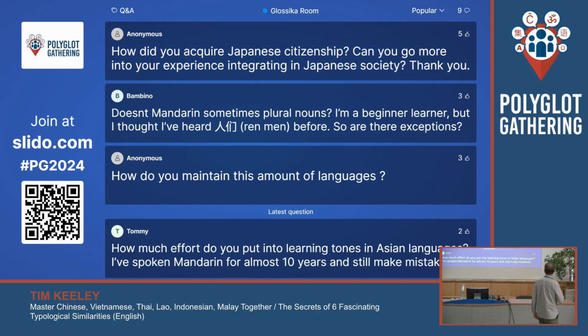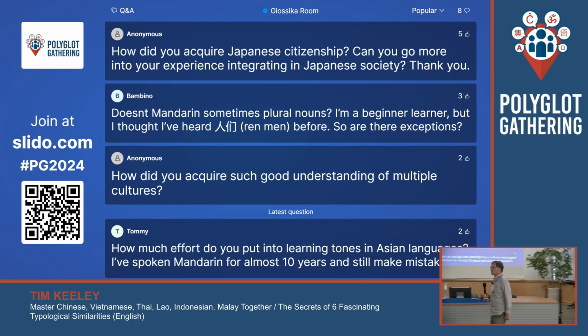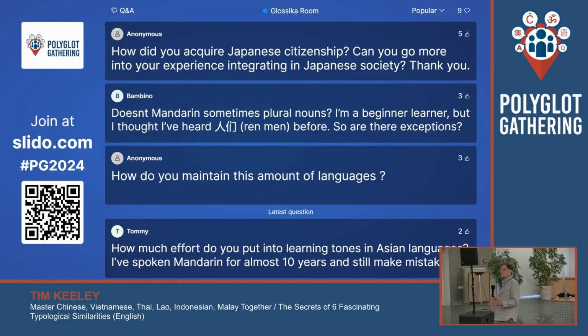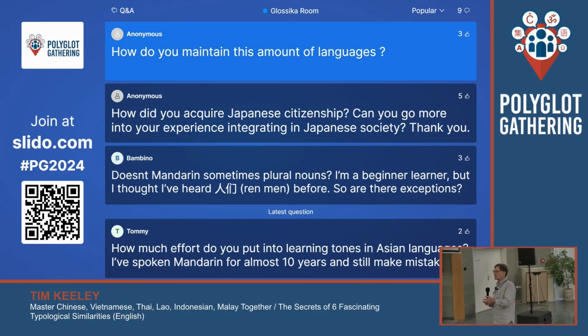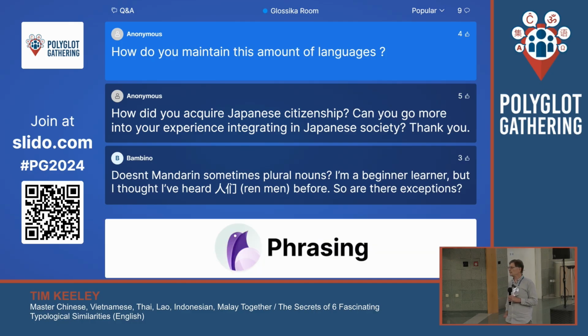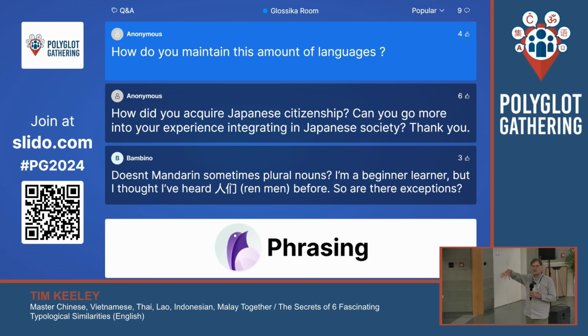How do you maintain this amount of languages? If you try to maintain, you go crazy. So what I do is, whenever I feel like doing something in that language, watch a movie, whatever, I do it. Before coming here, what did I do? I said I speak Polish. I want to learn Czech. So I'm going through here. Polish is my strongest Slavic language, and so I base it on that. It shows me the differences, and it reminds me, so I know what to say. Okay, I also then say Slovak, so I'll use both that way.